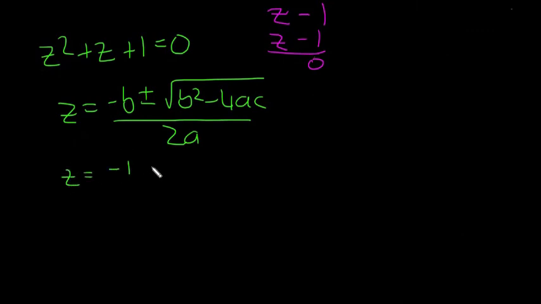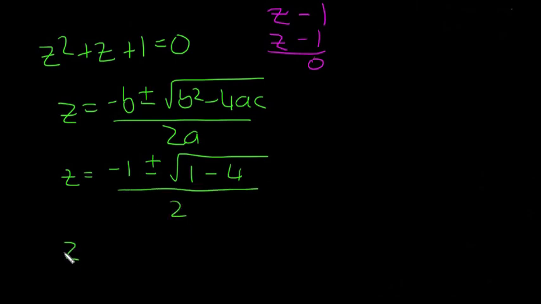z is equal to minus 1, because b is 1 because there's nothing before the z, plus or minus 1 squared, which is just 1, minus 4ac, so a is 1 and c is 1, so it's just going to be 1 minus 4, all divided by 2. That's going to be z is equal to minus 1 plus or minus, so that's going to be minus 3, so the square root of minus 3,